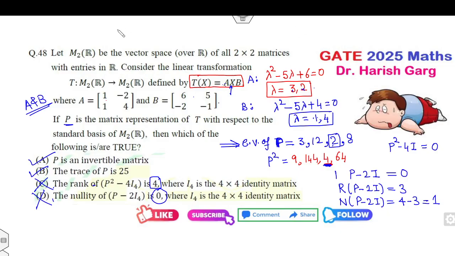There is no need to find the matrix A, then start with the basis, write the matrix B, multiply them and calculate the matrix T. There is no need. Always remember, whenever you see a matrix, always try to get the answer in terms of eigenvalues. And very surprisingly, the same question was asked in the CSIR NET